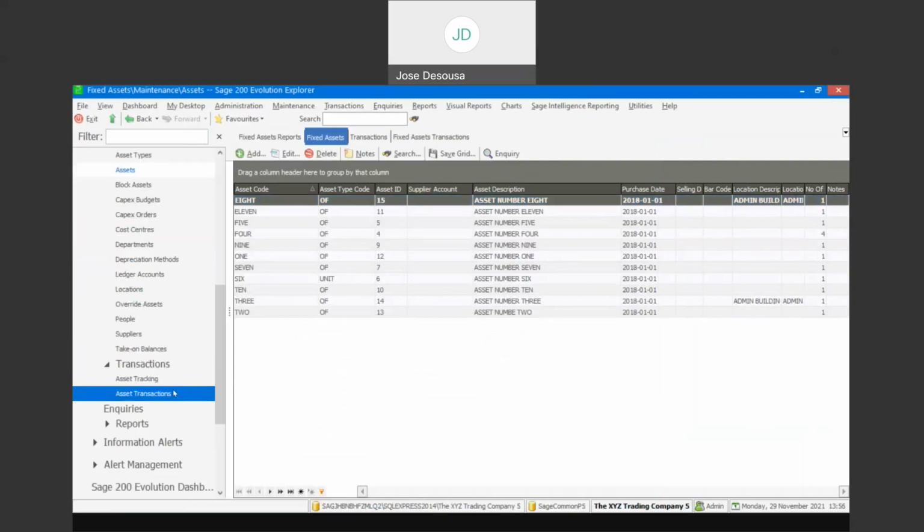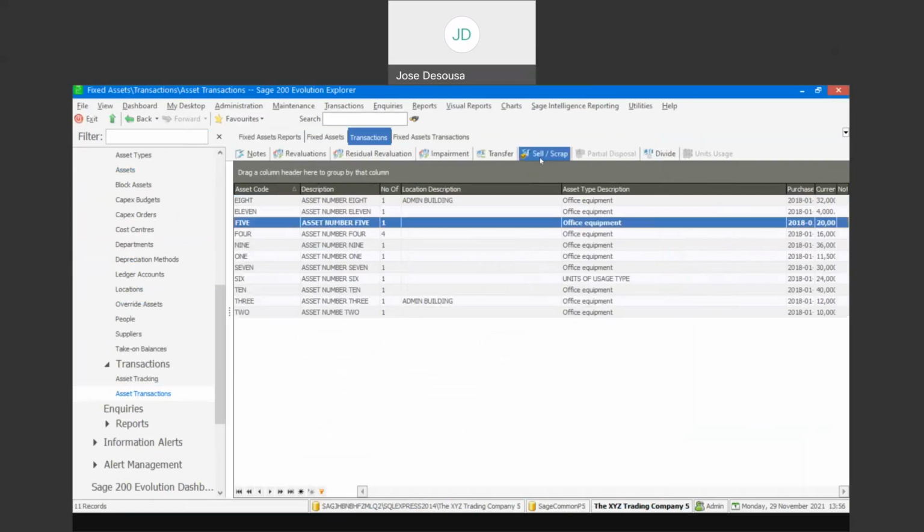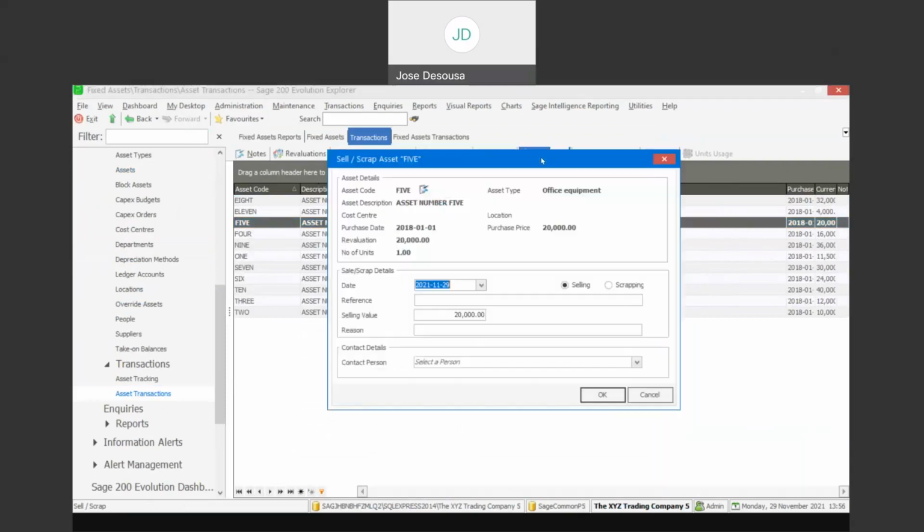We then have the ability to process the selling or scrapping of an asset. So we can make use of the sell scrap option, and we can specify if it's a selling or scrapping of the asset, and specify the selling or scrapping date. And then the details of the selling value or the scrapping value. So I'm going to say, for example, it was sold for,